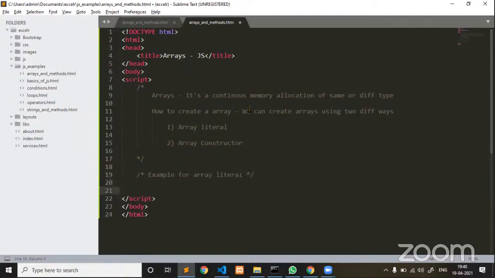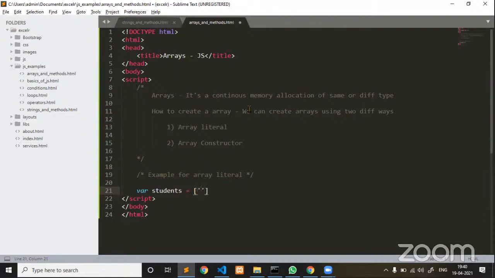So it is a continuous memory allocation. Now, students equal to, I'd like to create, this is a literal. Array is represented by square brackets. In many programming languages, wherever you define an array, it is represented by square brackets. Now, the number of values.